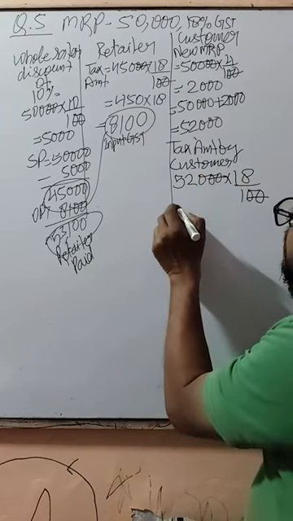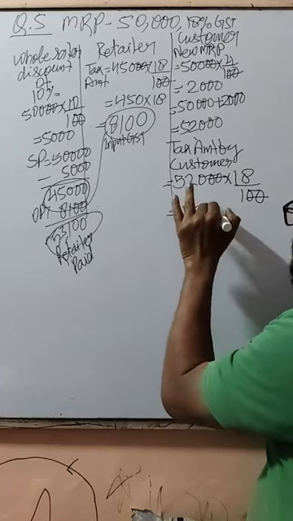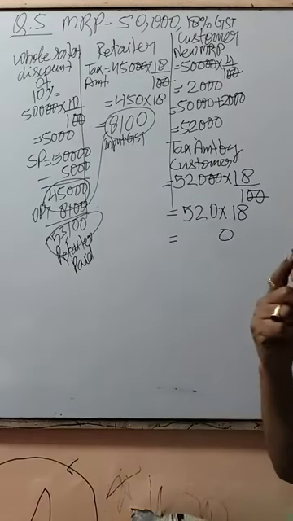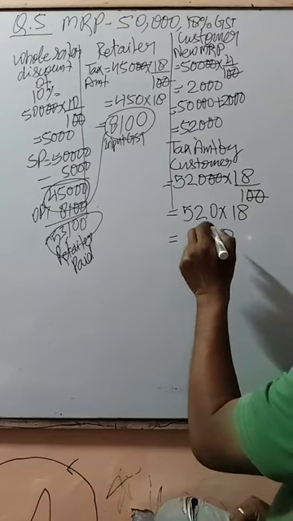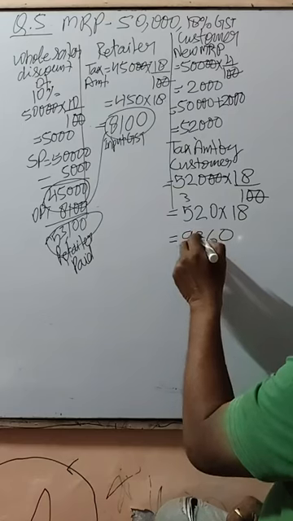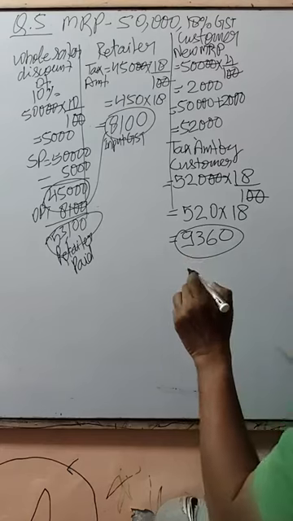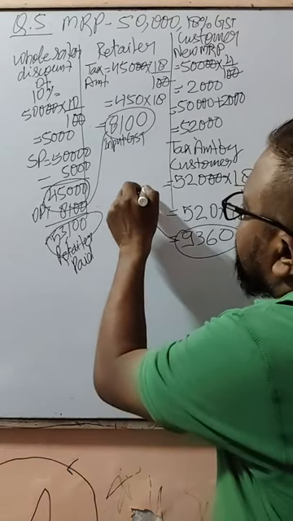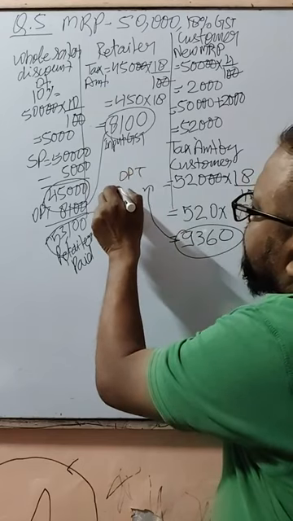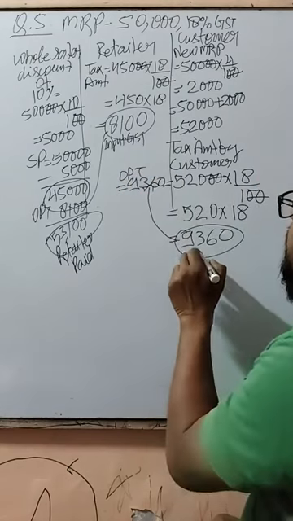So we get 520 into 18. 2 times 18 becomes 36, we get 6, 3 here, 93. 5 times 18 becomes 90 and 3, 93. So 9,360. This is output tax for him. Output tax is 9,360